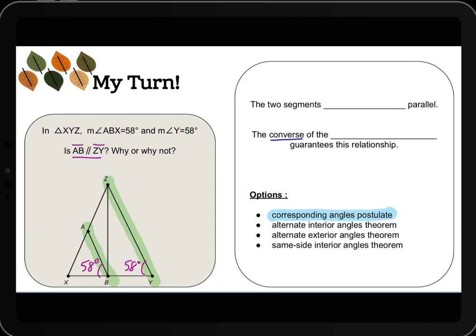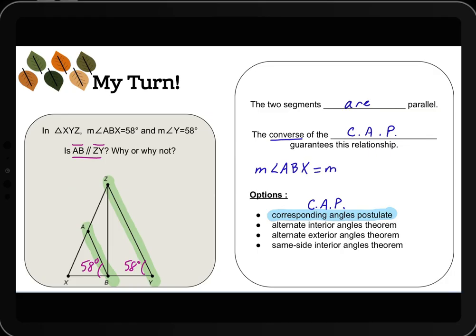So the converse of the corresponding angle postulate, sometimes referred to as CAP, right? The converse of the corresponding angle postulate guarantees that those two lines are parallel. Why? Because if both of those measures are equal to 58, we know that the measure of ABX is equal